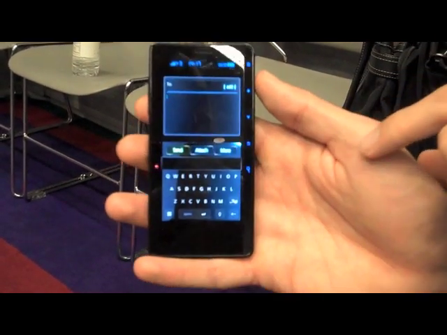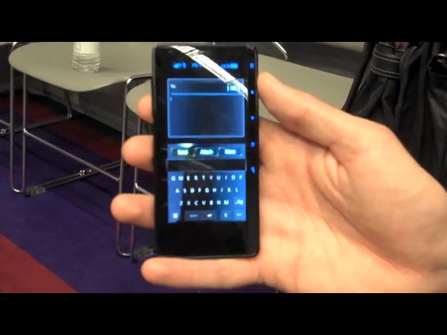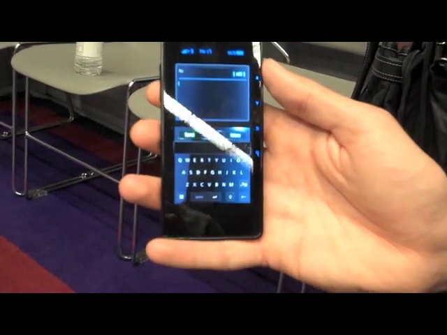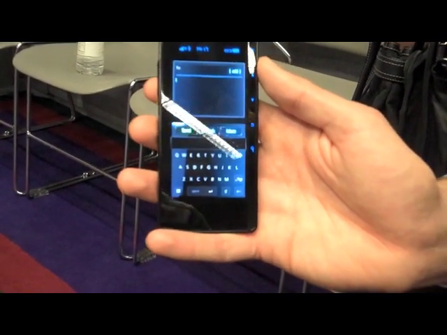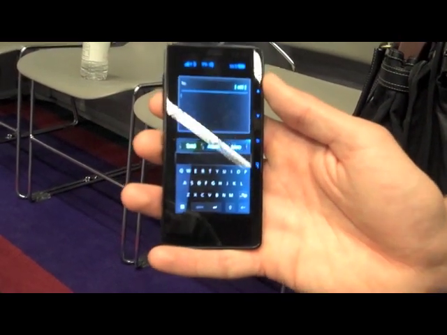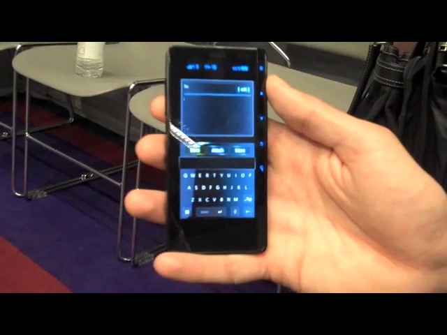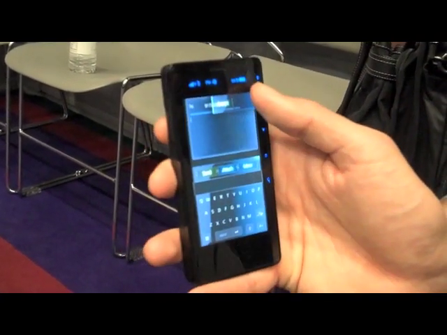I can ask the device to do a priority check, and the person I'm interacting with will hear: if it's urgent, press star; if not, press hash. If they press star, for example, my wife is calling me in the middle of a meeting and it's very urgent, she presses star. The call will come back to me. So I can tell her, okay, it's urgent, please hold and I'll leave the meeting, or I can tell her I'll call you back in